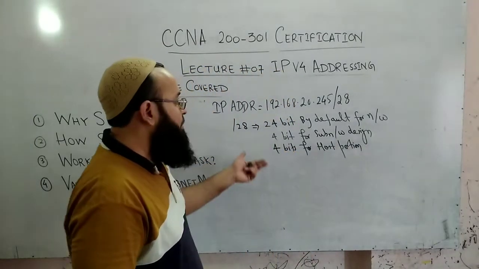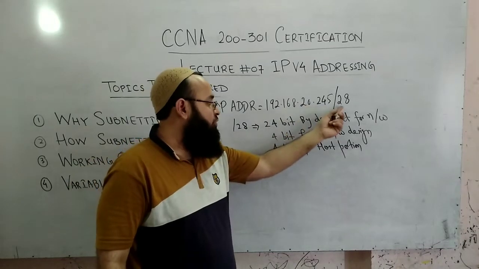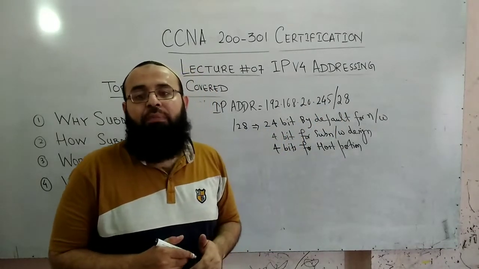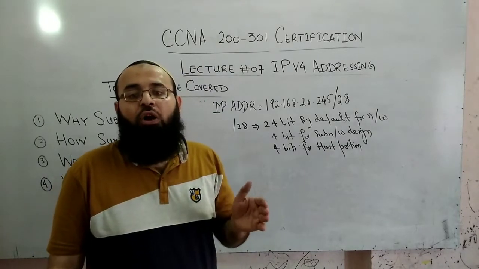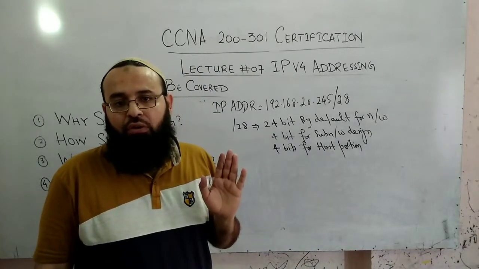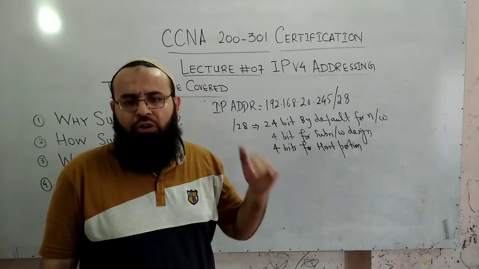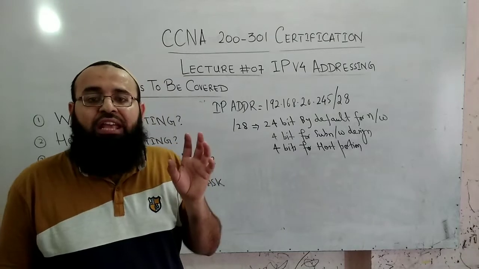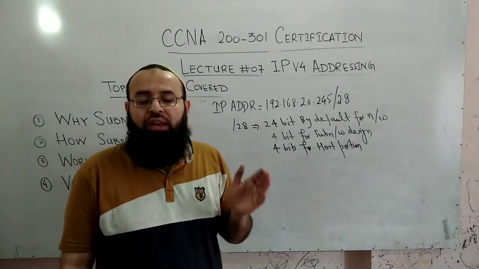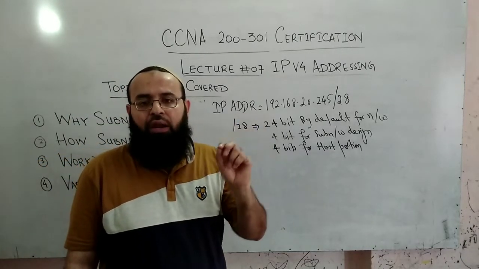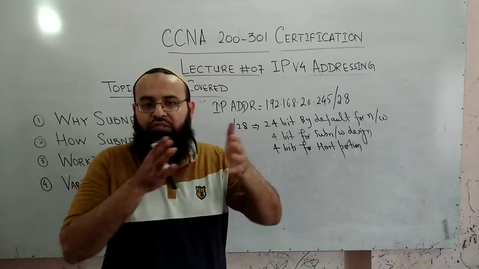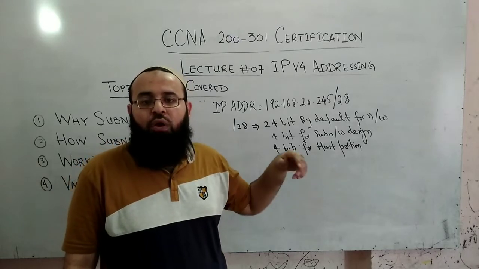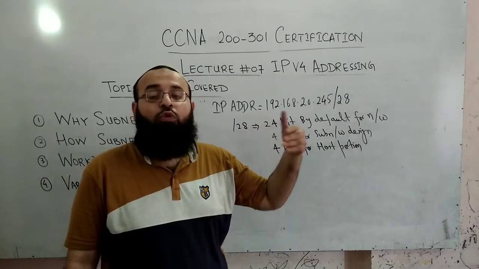Earlier, if you talk about the default subnet mask /24 CIDR value, then for /24 CIDR value in a class C IP address, you had a total of 8 bits for host portion. So that was already communicated to you in our lecture number 6, that with the 8 host bits you can create a total of 2 to the power 8 minus 2, that is 254 host ID range. But here the host ID range will now be limited, as you have divided your network into subnetworks.